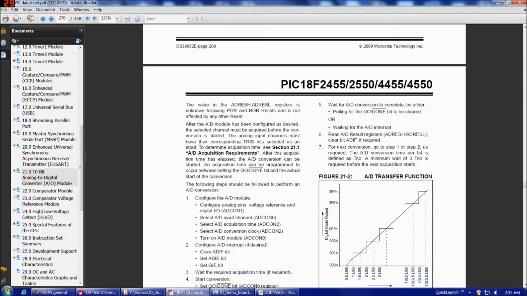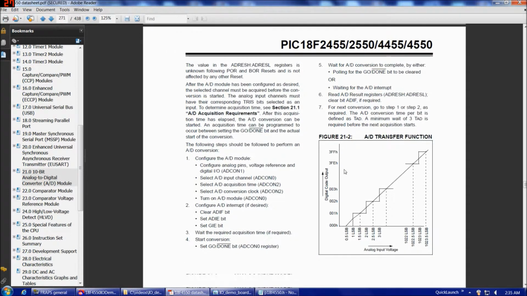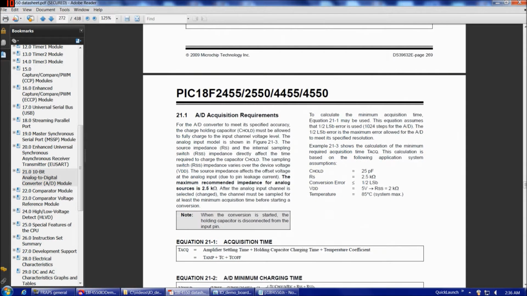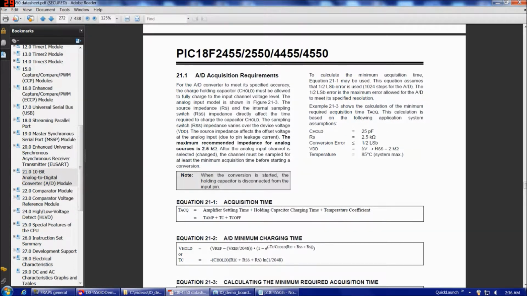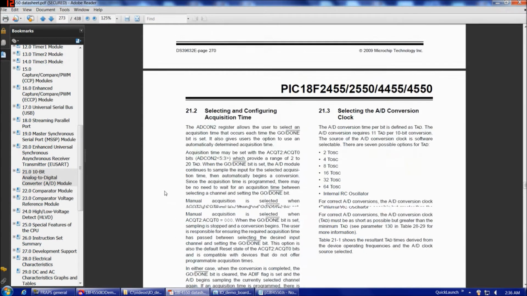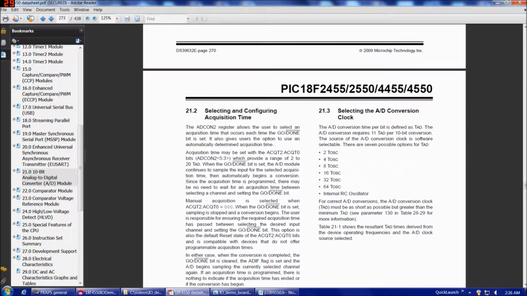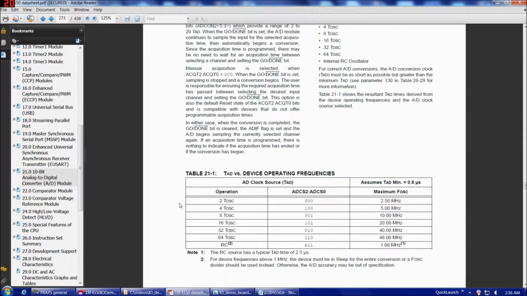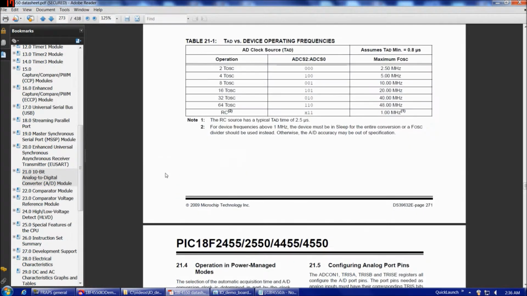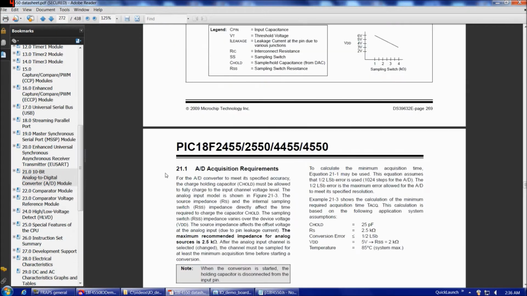A to D acquisition time requirements. It has this graph here. Then it gets into this analog input model where it justifies some calculations. Then they discuss temperature effects, and they introduce these formulas here to calculate all that. And then they have more verbiage here on selecting and configuring acquisition time and some recommendations and so on. And then a table on it, and it goes on and on. But to make a long story short,